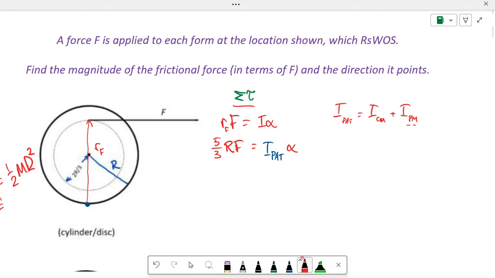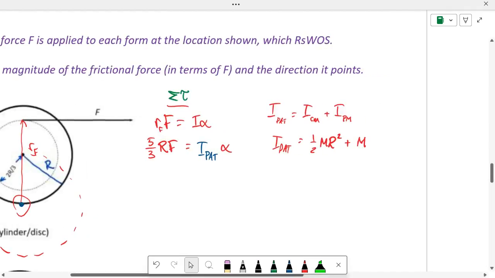Yes, this whole thing rotates like that about the center of mass, but then the center of mass revolves around our chosen origin. So this I pat, there's our 1/2 mr squared, and then a point mass is quote unquote m